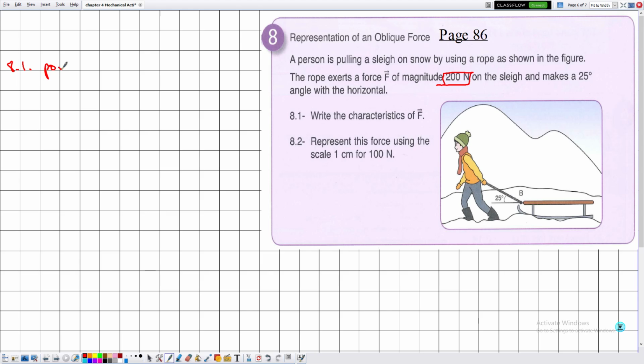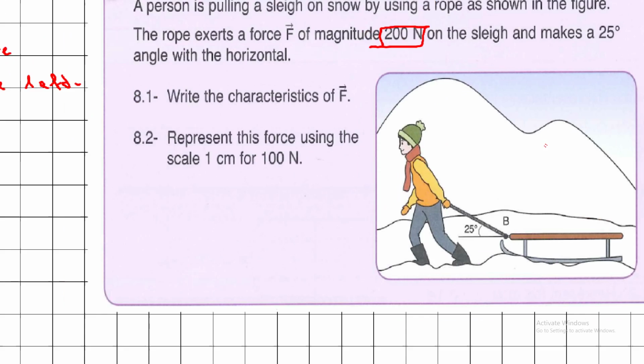So the point of application is the point B. The line of action is oblique. The direction is upward to the left, and the magnitude is 200 newtons. Okay? Now in 8.2 they are telling me to represent this force using the scale 1 centimeter for 100 newtons,